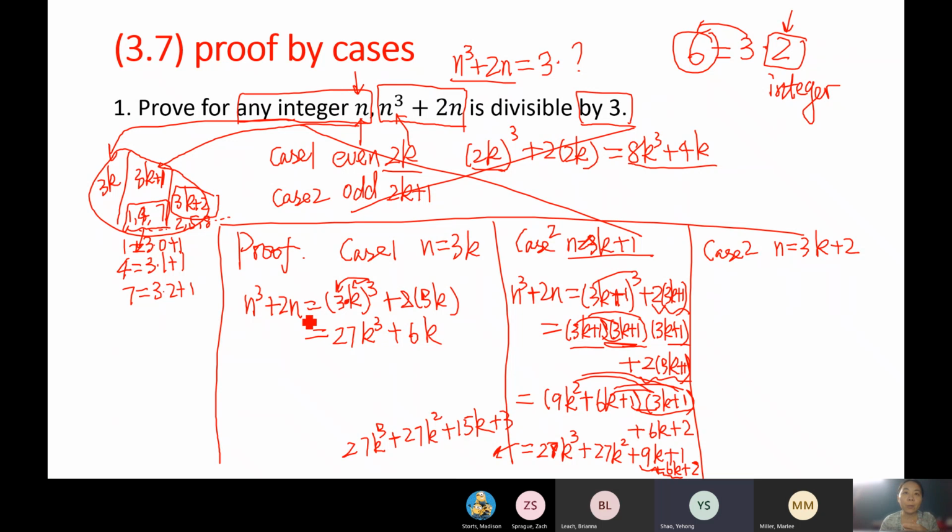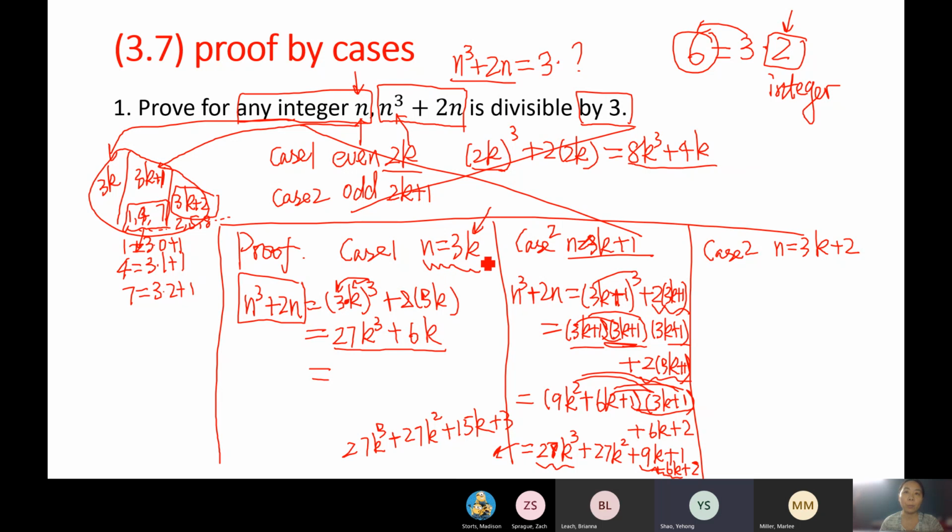Okay. By the way, for case 1, I didn't finish. I just wanted to point this out, because I did see once in the past some student make that mistake. They thought it was just going to be 27k cubed plus 1, but that's not the correct formula. So in fact, we still have to do one more step, because our goal is to show this expression is divisible by 3. In other words, we can factor a 3 out of here. Looking at the original expression, we couldn't. But after we know more detail about n,